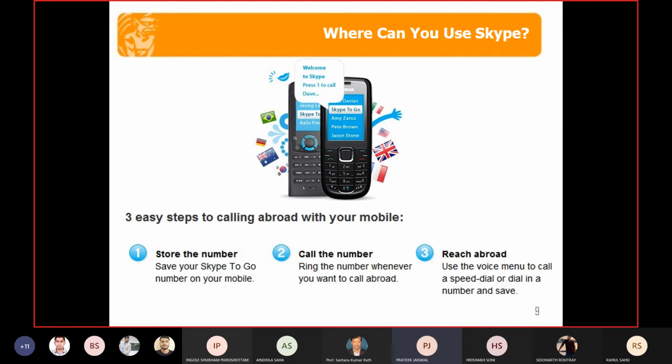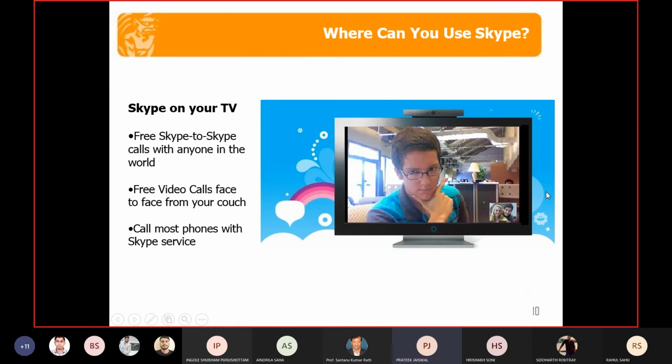You need to store the number, save your Skype to Go file that connects you internationally. Then you call that number, ring the number whenever you want to call abroad, and you reach abroad. Use the voice menu to call a speed dial or dial any number. So it's three steps to connect to any location abroad.